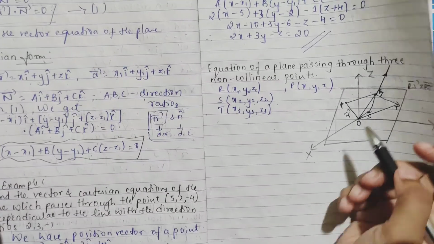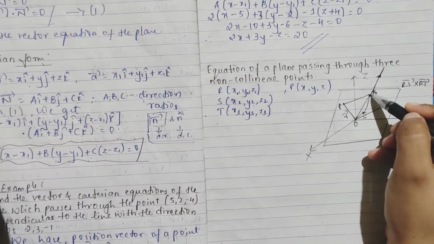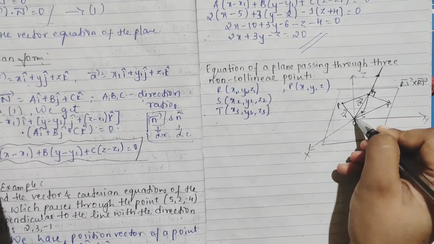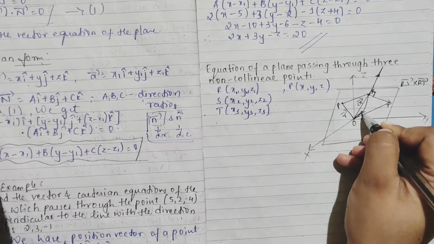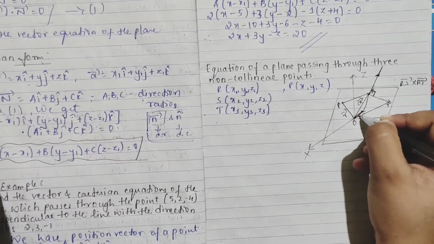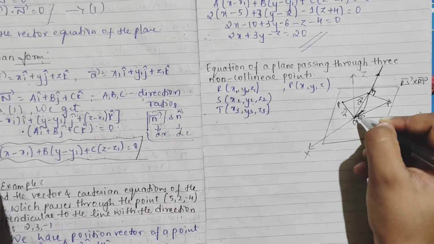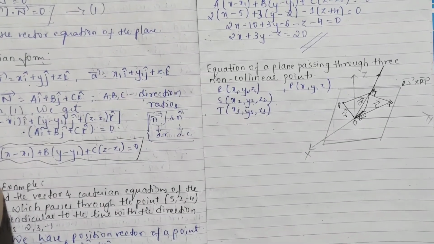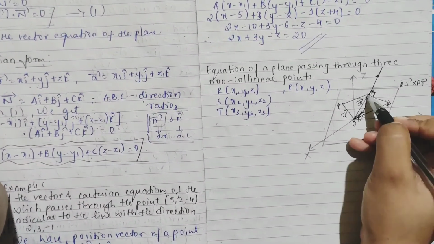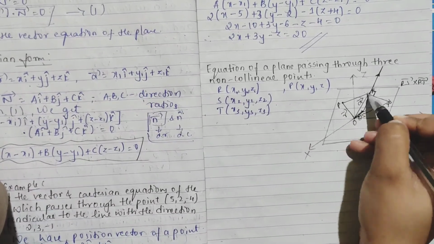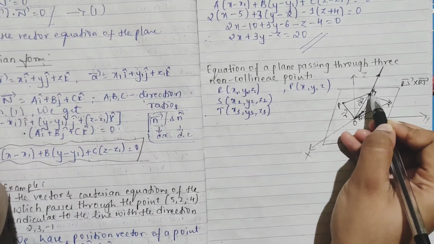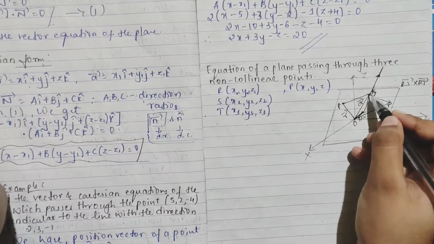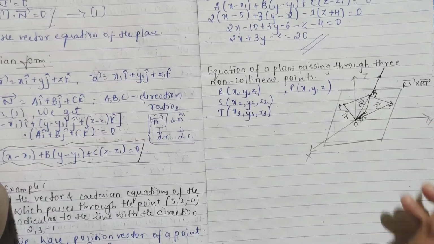So, here I have taken the position vector of OR as vector A, the position vector of OS as vector B, and OT as vector C. Now see here properly, even RP I can join. You can see RP, RS and RT, it is perpendicular, right? We are getting perpendicular to this RP.